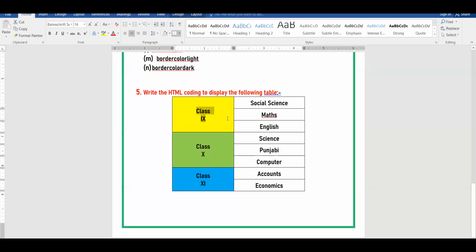Okay, this complete row which I have shaded in front of you, this is the first row. The portion which I have shaded in front of you, this is the first row. Okay, this is second row, this is third row. Right? The first cell of second row and the first cell of third row already combined with the first cell of the first row.